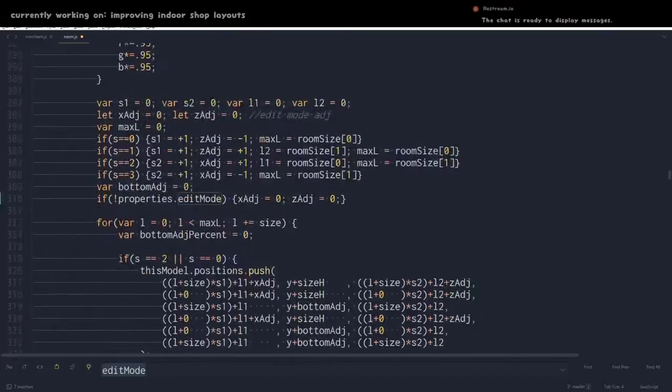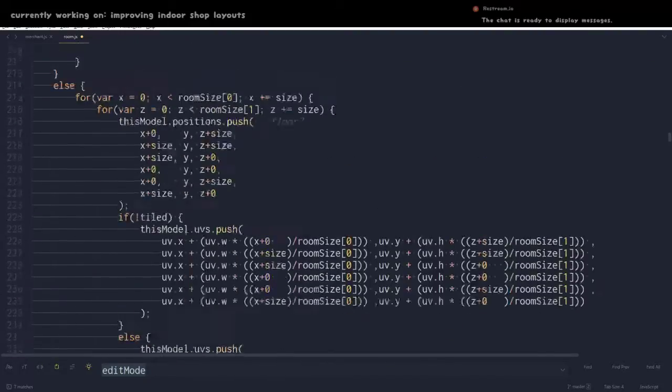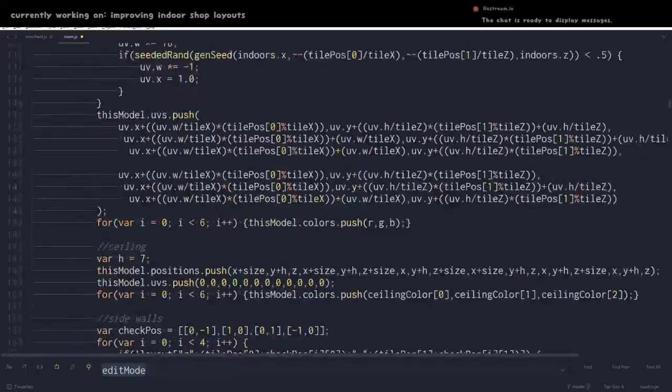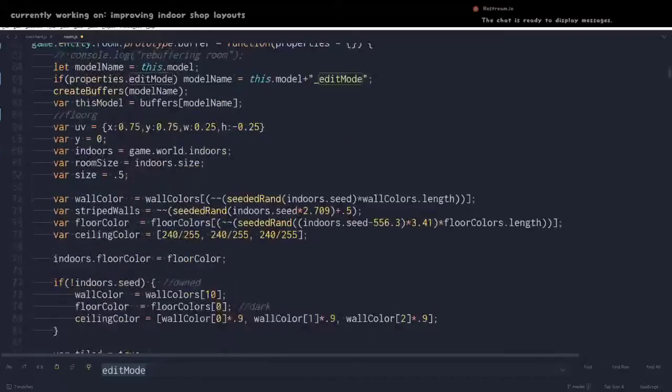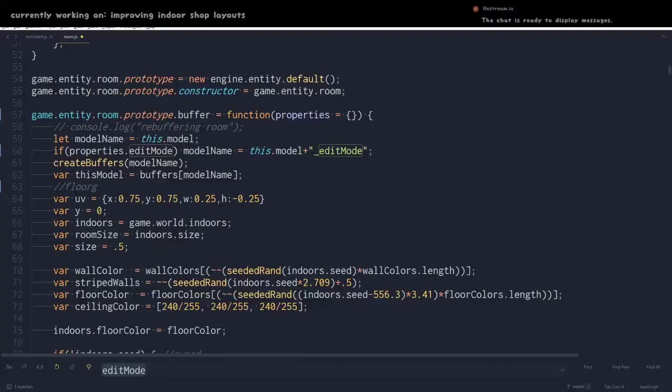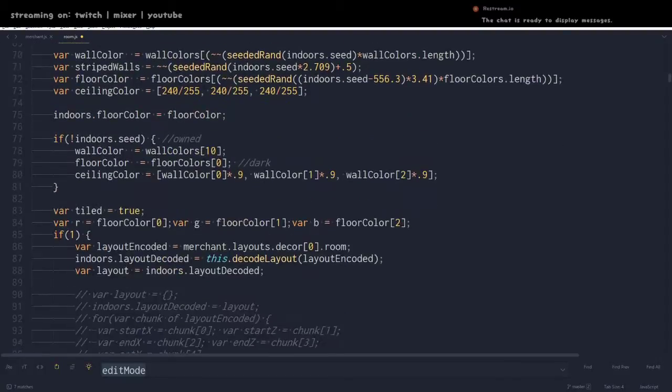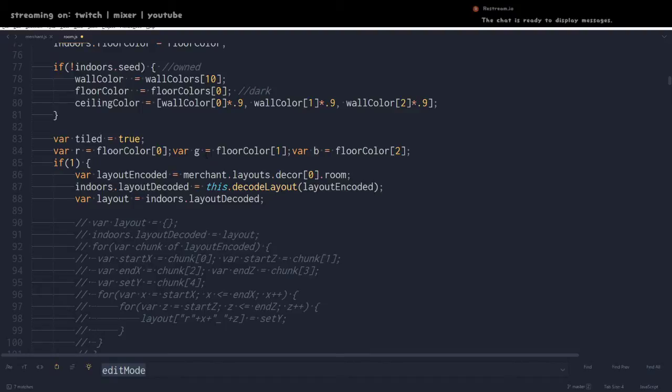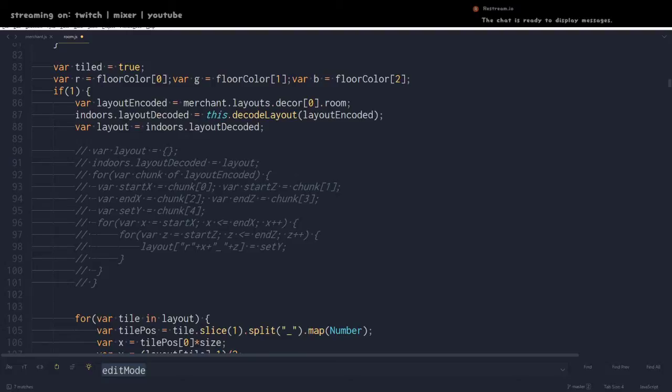Okay, that should work, I think. I don't think I broke anything. But then I also want to be able to pass through properties dot something. And maybe edit mode would actually be applicable in this instance, but since I don't know what I'm doing with that yet, I'm just going to have something called, I don't know what I want to name it, but